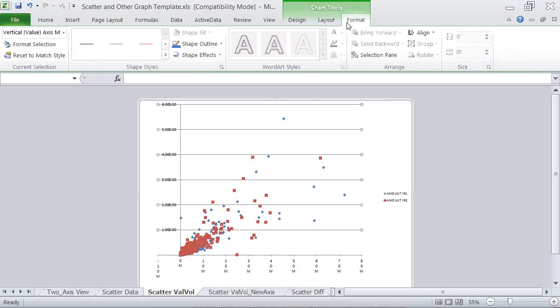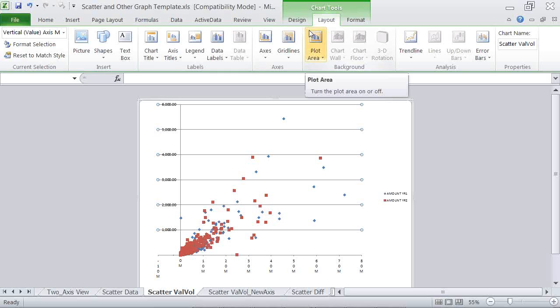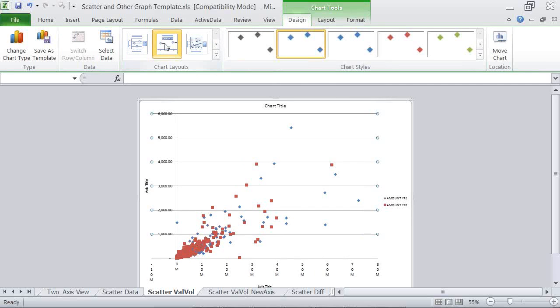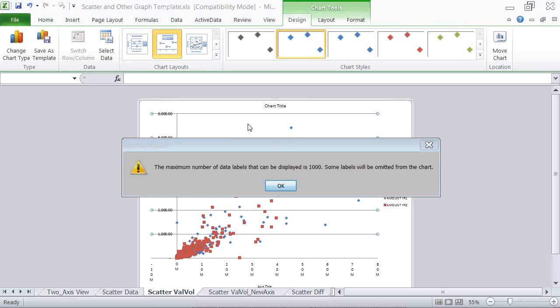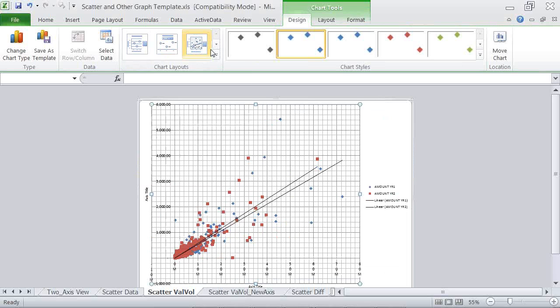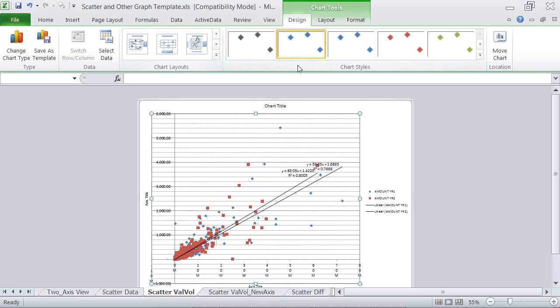I believe the formatting is in the layout section. Bear with me one second, not in the design section. Okay, so you have the opportunity here to change chart layouts. Oops, sorry, that was probably a bad selection there. But this was one that was actually pre-selected. For every graph, Excel saves a bunch of interesting chart layouts that you can just click on, and this one does all of the regression analysis and linear coefficients and all this great math stuff, and all you have to do is press that button. So that's the chart layout.